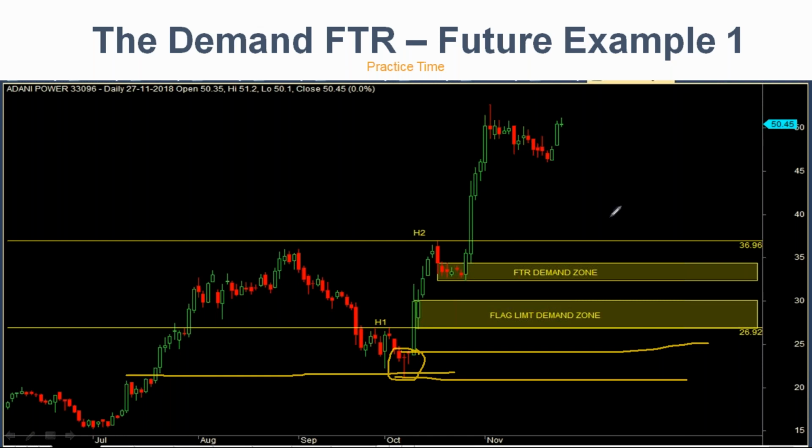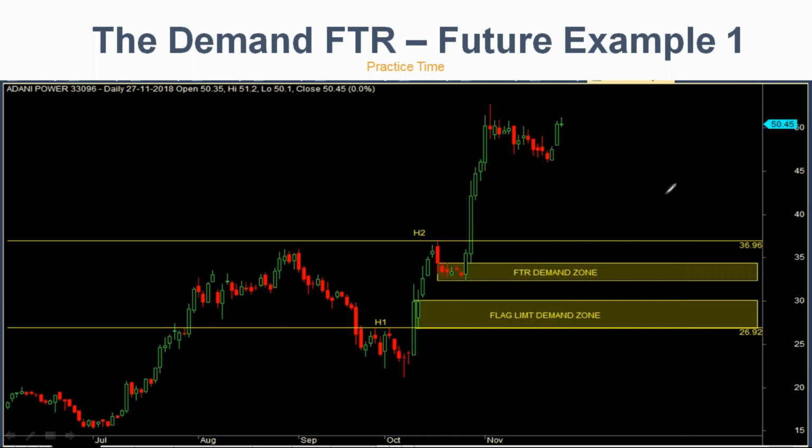Can I take this as a higher time frame? We'll do one thing. We'll go into the chart and look at this. Friends, remember this fellow. Remember this chart, Adani Power. At the end of the session, we will see if we can go inside. Okay.